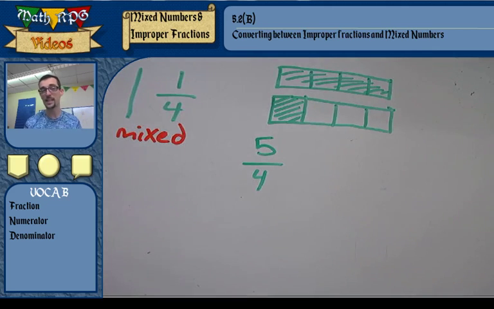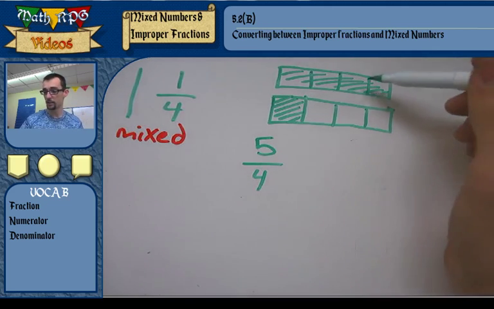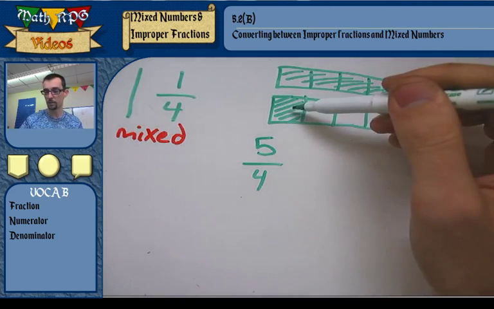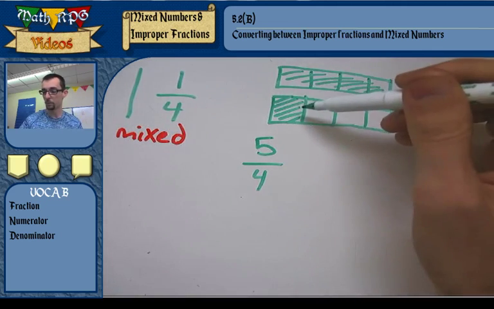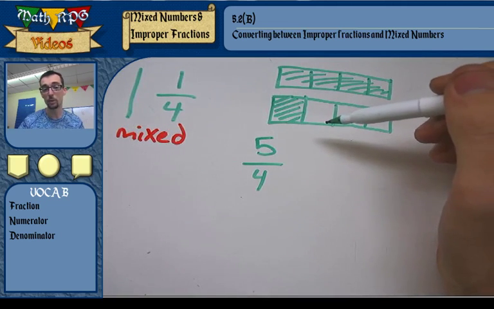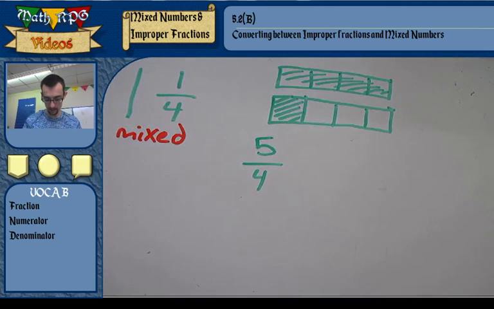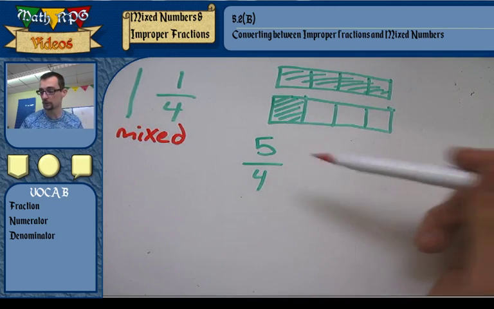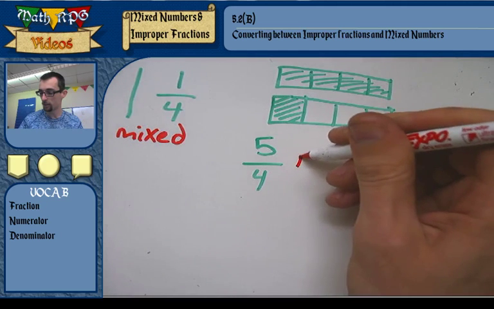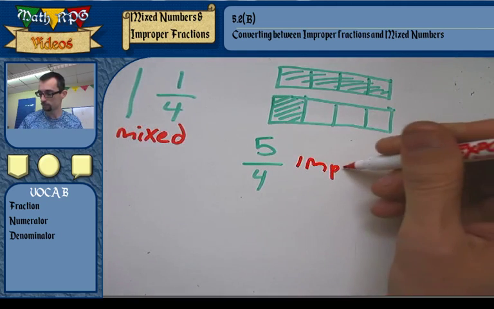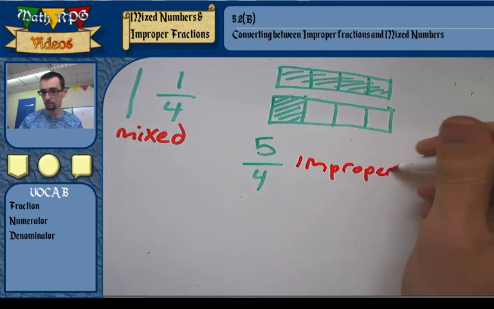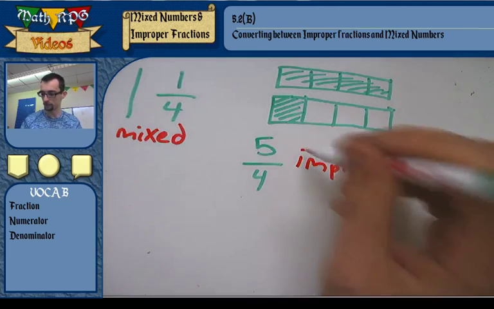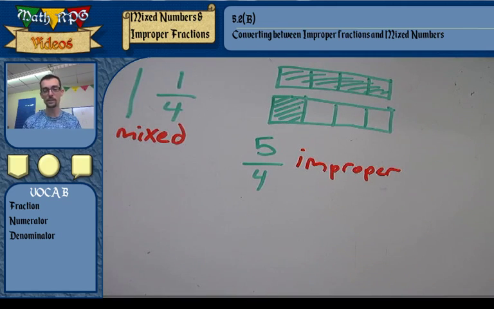That describes the same amount of chocolate. This here is 1 1/4, but this is also 5 fourths. It's the same number, they are equivalent. But when we write it like this, without a whole number, just using a fraction, this is called an improper fraction. Improper fraction. I don't know why it's called improper, but the way I remember it is